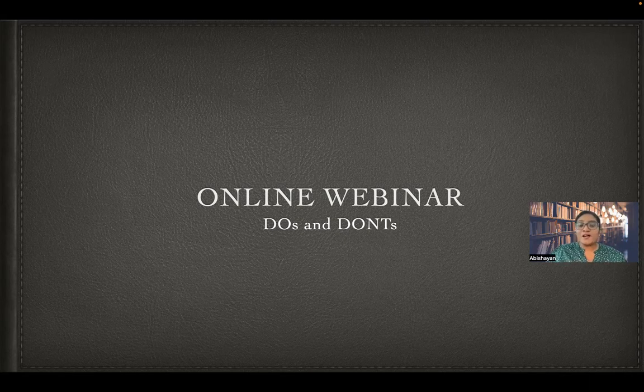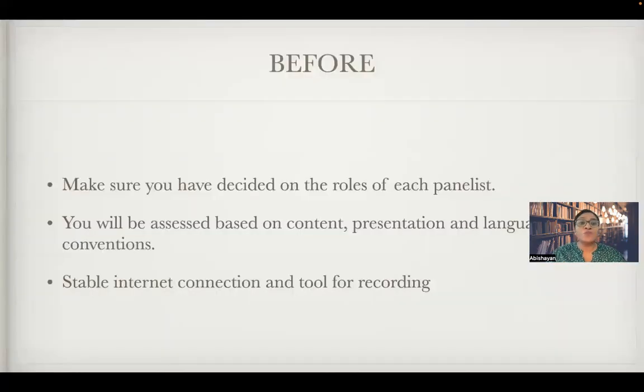Okay, so let me start with what is expected of you before the presentation, all right? So you want to make sure that, hold on, yeah. Okay, I'm not sure why the cursor is not detecting. All right,